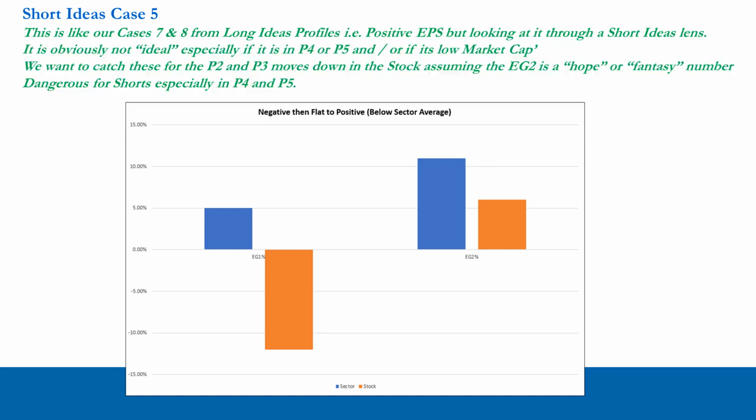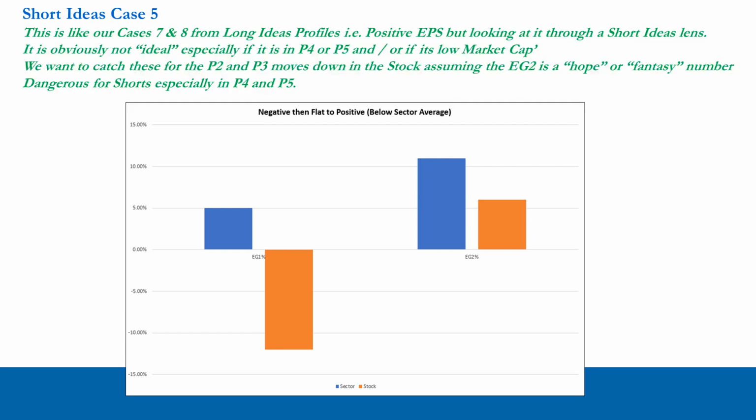So it has potential to be a short dependent on what stage of the X growth phase it's in. Remember, this is a positive EPS backdrop. The stock is experiencing negative earnings growth in period 1, so that's not a great situation if you have positive EPS as a company. And then the analysts on their forward-looking estimates for the second year are forecasting some earnings growth potential. That may not happen. If this is in phase 2 and phase 3, this would be a potential short opportunity.